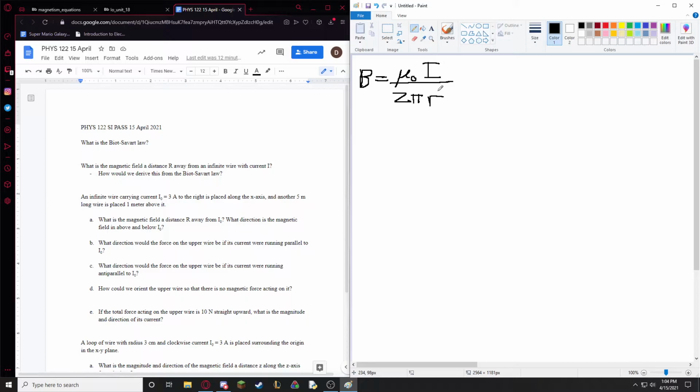Exactly. It has to be essentially an infinitely long wire, an infinitely long line of current. And so what about the magnetic field B? So here we have mu naught I over 2 pi r. That's the magnitude of our